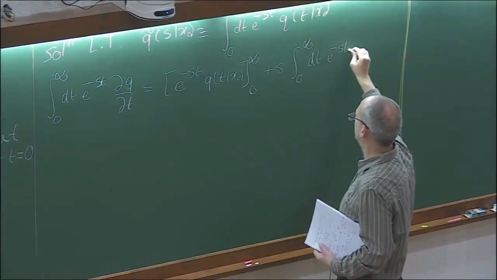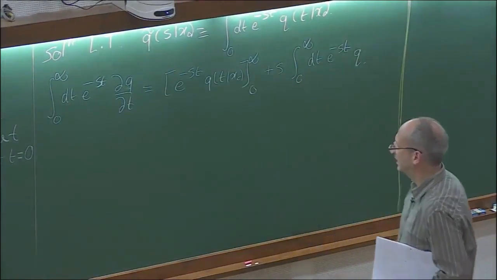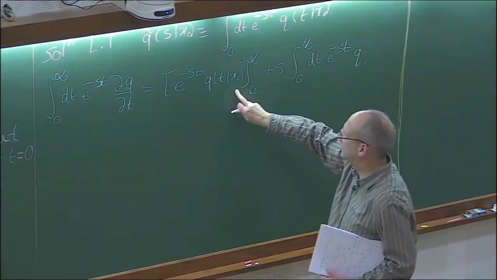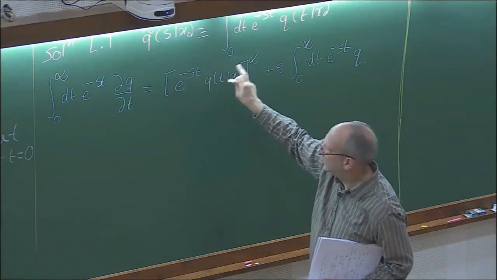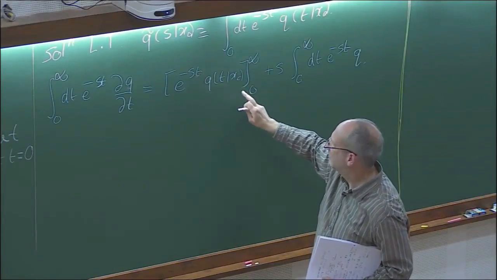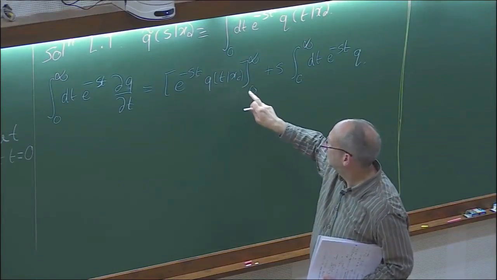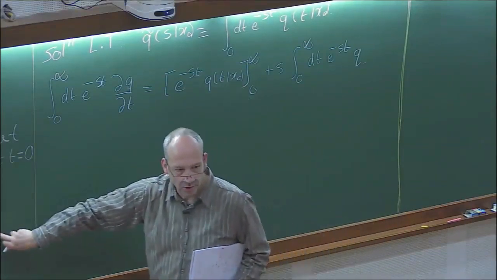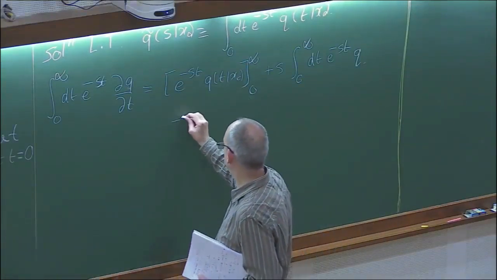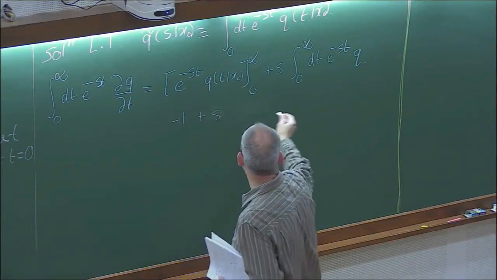Laplace transform. So this bit becomes, okay, the t goes to infinity, limit is 0, or value is 0 because of this. But I get something from when I put t equals 0, I get a q0 x naught, which is 1. So in fact, this is minus 1 plus s, and this is in fact q tilde.